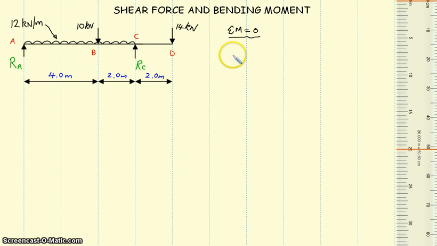And the first thing that we've got to look at is, are there any UDLs on the beam? If we're going to have to use moments, then if there are UDLs, which you can see here along the beam from A to C, then we will have to convert those UDLs into equivalent point loads. And we do that by taking the load per meter run given here and multiplying that by the length of the UDL in question between A and C, and we can see 4 meters plus 2 will be 6. So to get the total load here, 12 times the 6 meters will give us 72 kilonewtons, and I'm just going to draw that